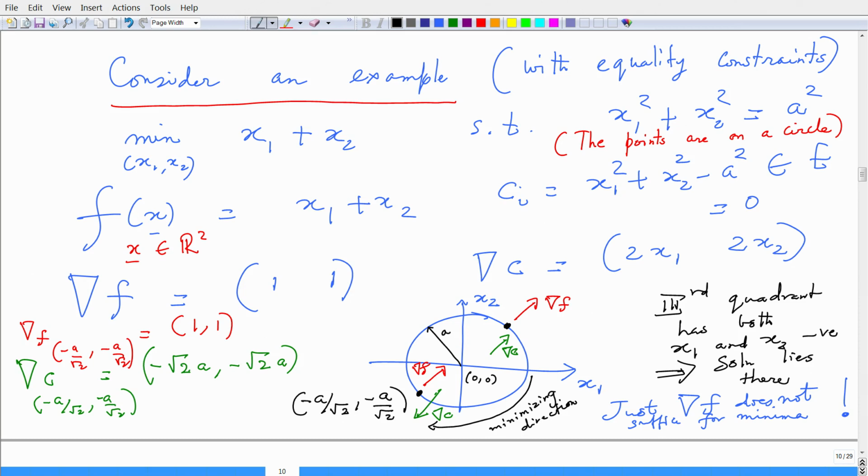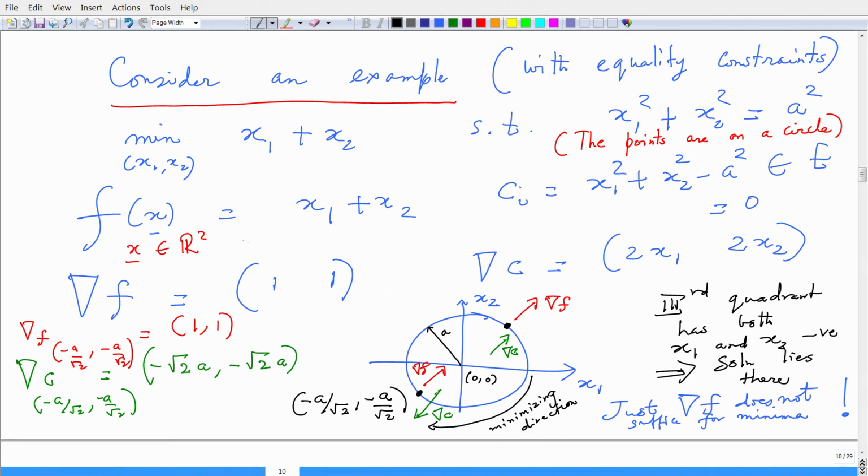Again, by virtue of geometry, we can say that if we are in the first quadrant, you will have the maximum value for the objective, because both of them are positive. So, let us compute the gradient of the objective and the gradient of the constraint, and then see how this works out for us. Now, I do a del f. I take the partial derivative. So, del f is basically the partial derivative of this objective with respect to x1, and then the partial derivative of the objective with respect to x2, that is how I compute.